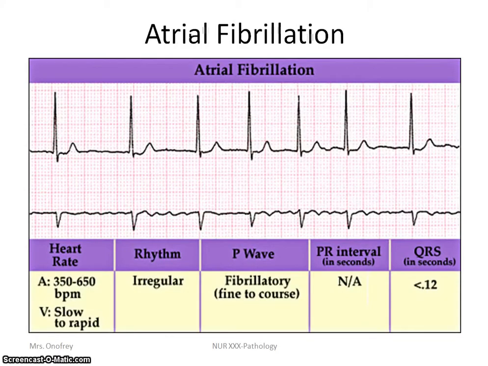Atrial fibrillation is a rhythm that arises from multiple foci in the atria. It is characterized by rapid, erratic atrial activity called F waves and is irregular with its ventricular response, meaning it is an irregular heart rhythm. There are no P waves seen, just a wavy baseline. The atrial rate is